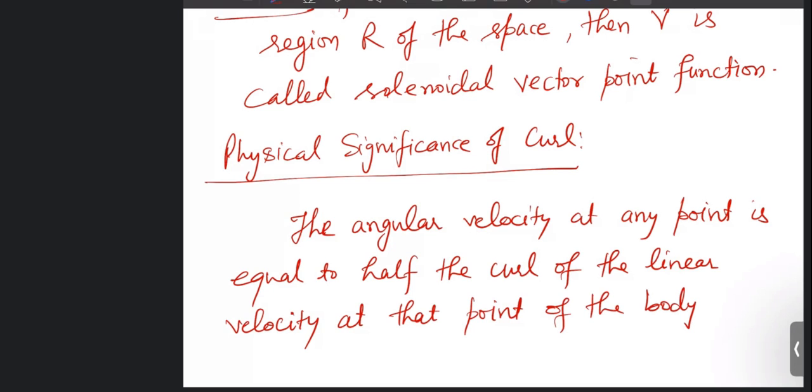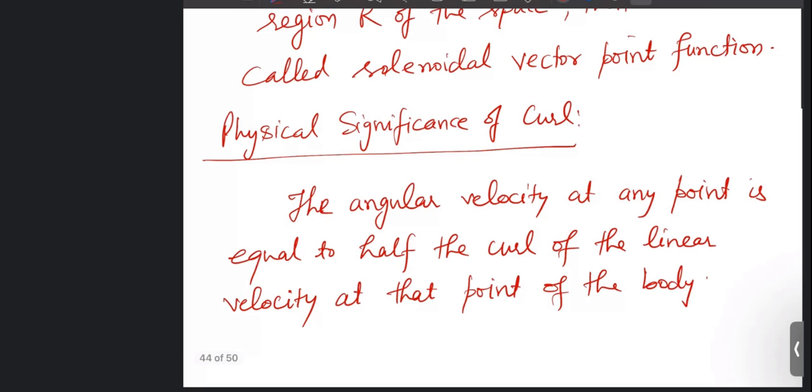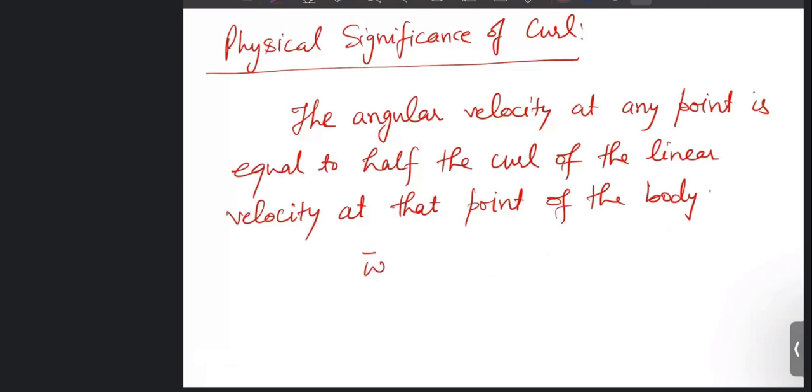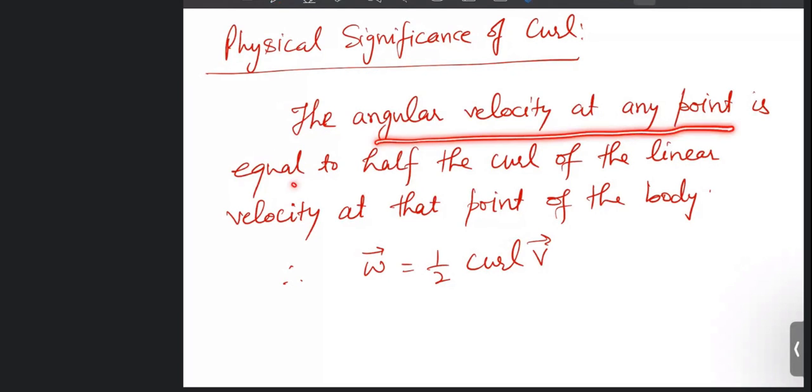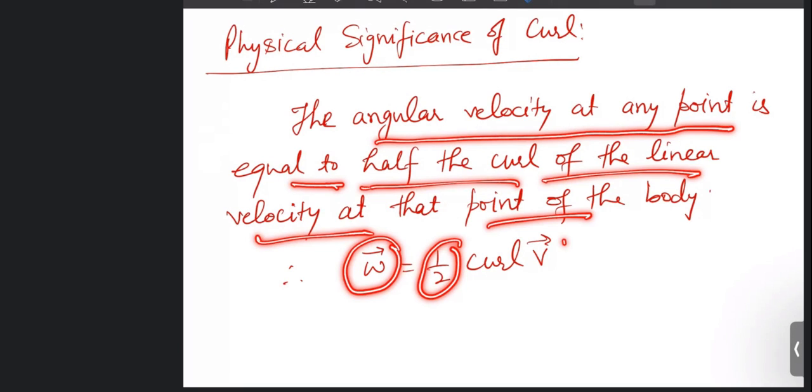Omega is the angular velocity, equal to half of the curl of v. This v is the linear velocity, and curl of this v will become twice the angular velocity of that